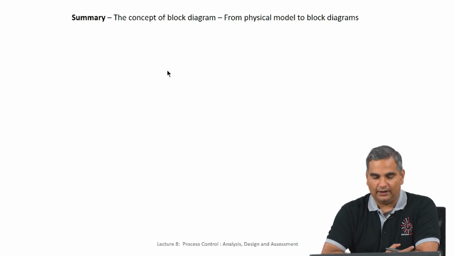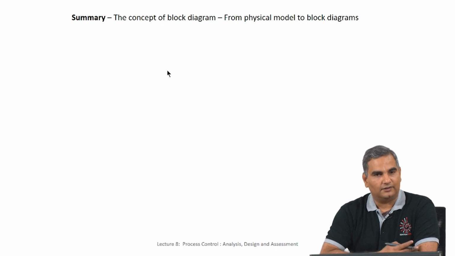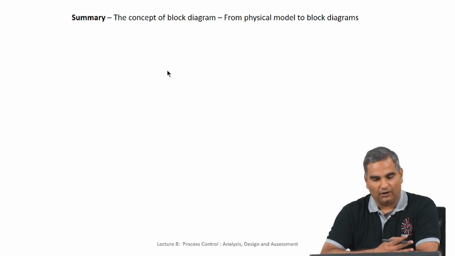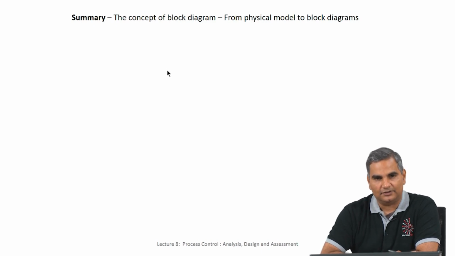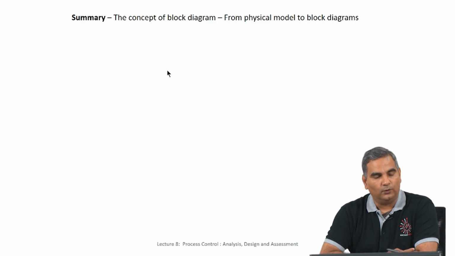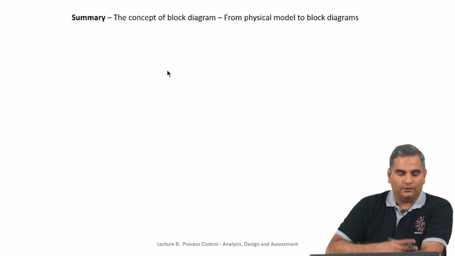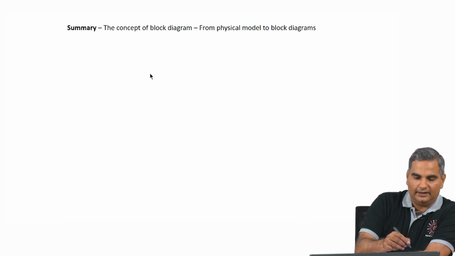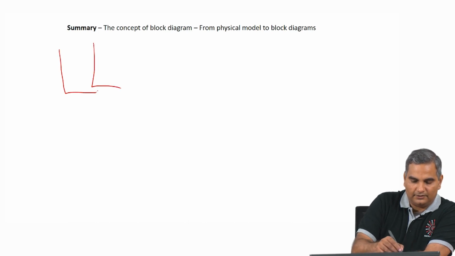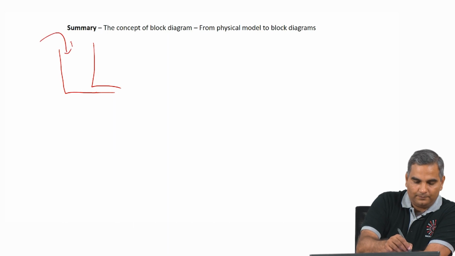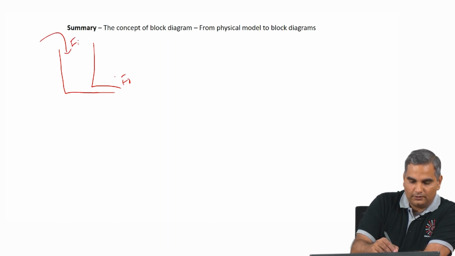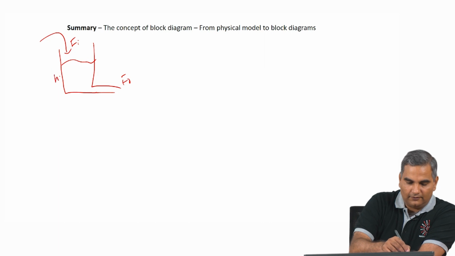I just want to take a break here and then summarize and say, look, all of this started from a physical process, and all of this modeling and the math should serve us in understanding the physical process and in understanding how to control the physical process. Now, this tank example was a very nice example. We saw that you have this basic flow in, flow out and height as the three variables.